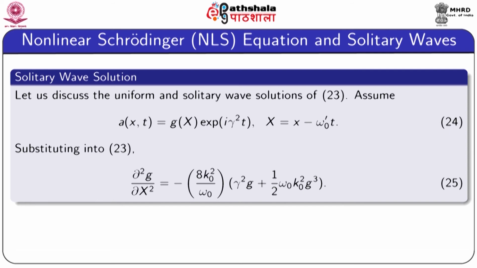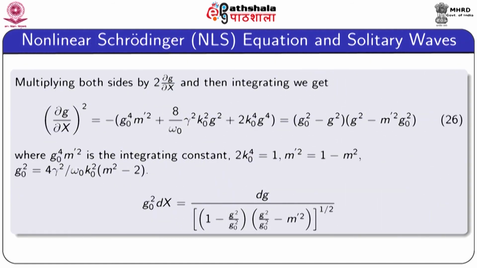Now, we want to solve this problem, that means we want to find the value of G. For that we multiply this equation by 2 dg/dx and then integrate, and we obtain equation 26. If we see the right hand side of this equation, that means the value of (dg/dx) whole square which is given here, we write the right hand side as 2 factors: (g0 square minus g square) into (g square minus m dash square g0 square),